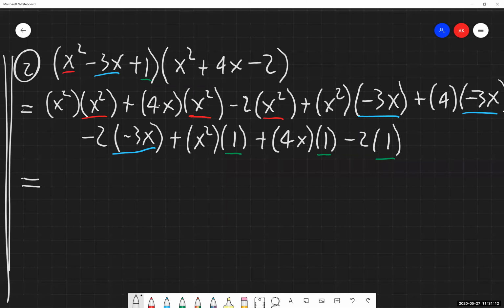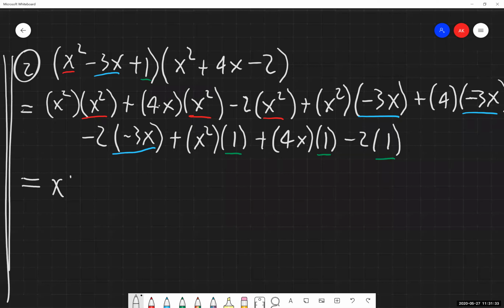I just find that people that rush themselves on these problems, especially when they show up on the test, end up missing a lot of answers because they just speed through it to try and just get done, not to get the right, correct answer on these. So now we're multiplying each of these terms together. I have x squared times x squared. We're just going to go left to right, top to bottom.